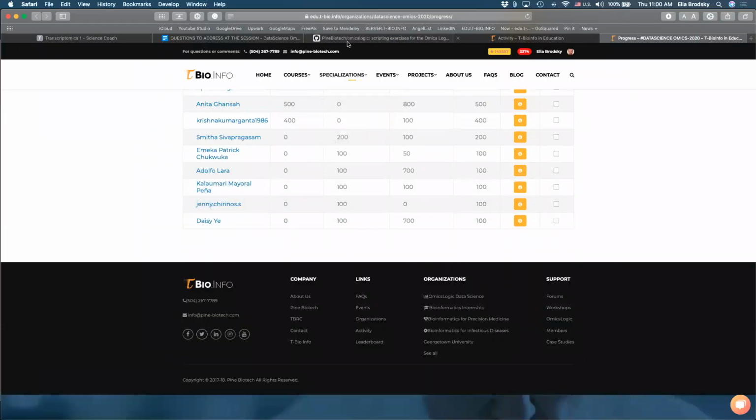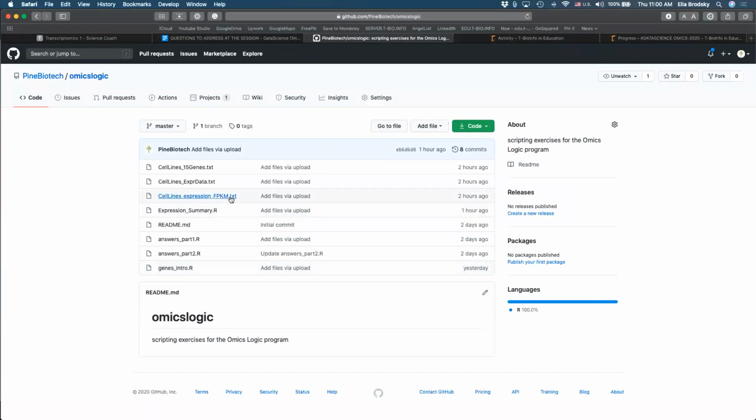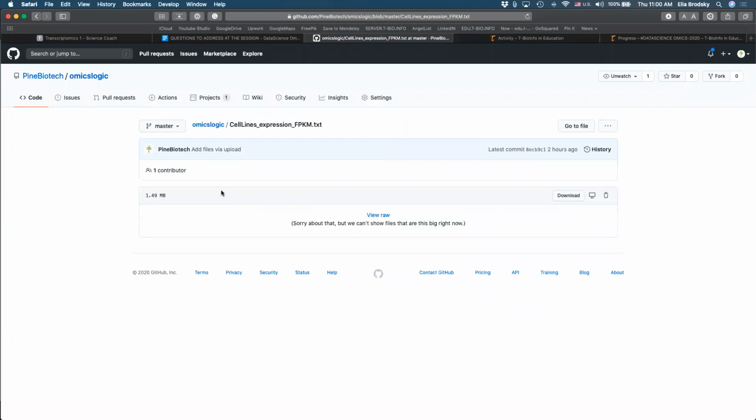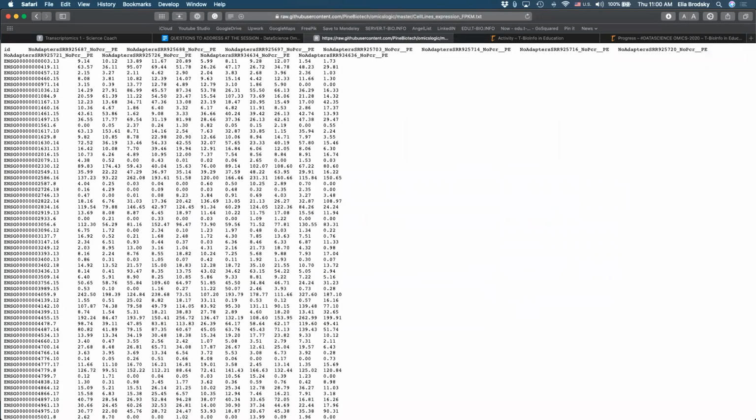Okay, so I'm going to give you a file. So let's use the cell lines expression FPKM. Okay, so you can use this file right here.